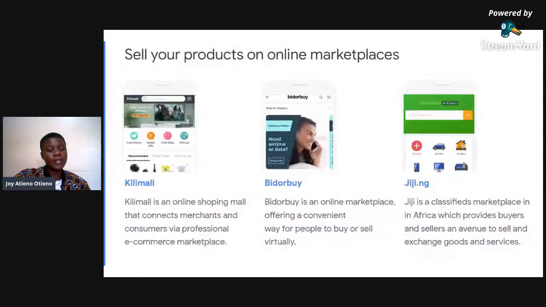If you want to play in the Kenyan market, then Kilimall will be your best bet. Because Kilimall is an online shopping mall that connects merchants and consumers by professional e-commerce marketplace. It is very popular in Kenya. And then we have Bid or Buy. So Bid or Buy, how it works. With Bid or Buy,